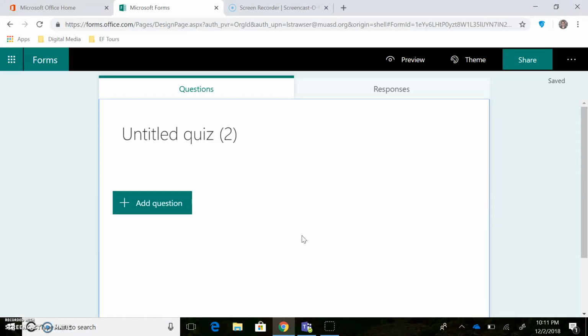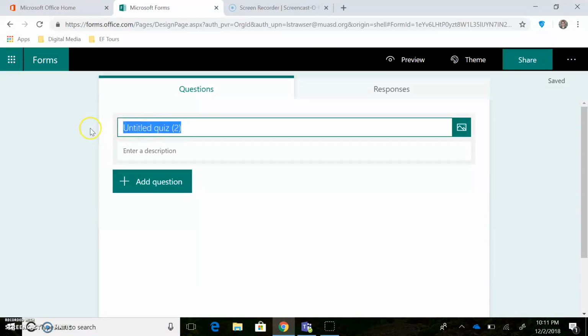And the first thing that we're going to do is we're going to give our quiz a title. So to do that, we're just going to click here where it says Untitled Quiz, and you're going to change that to be the topic that you were going to make your quiz about. Now, this would be the time when you need to decide exactly what topic you want to make your quiz